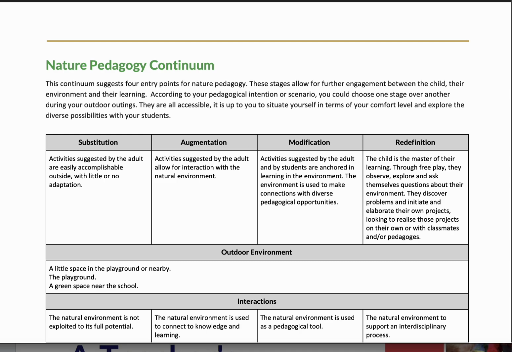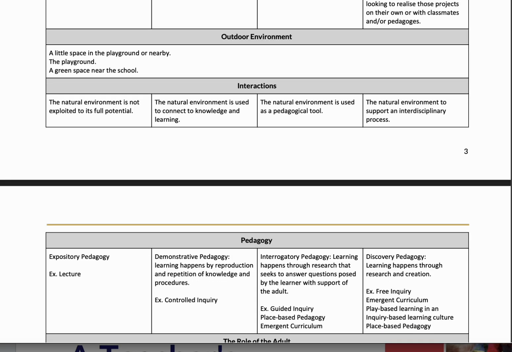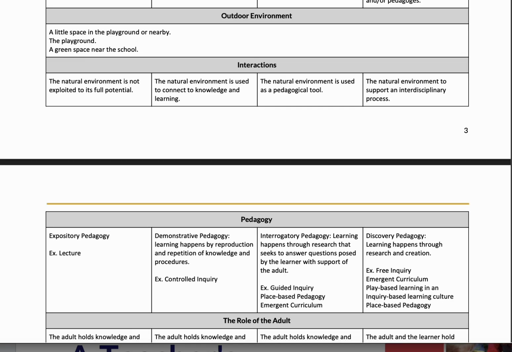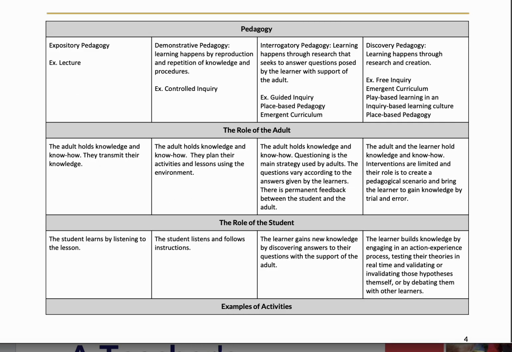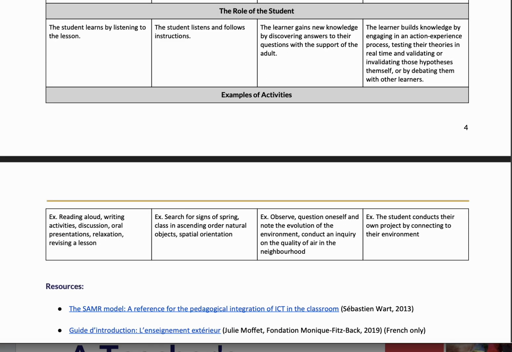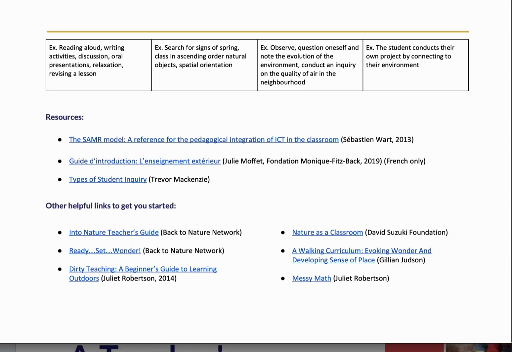So you can look here and see what they call the 4 entry points for pedagogy in the outdoors. So just read those over. Look at the different kinds of spaces and how they're used in the outdoors, what the role of the student and adult are, and then here's some examples. So just go through